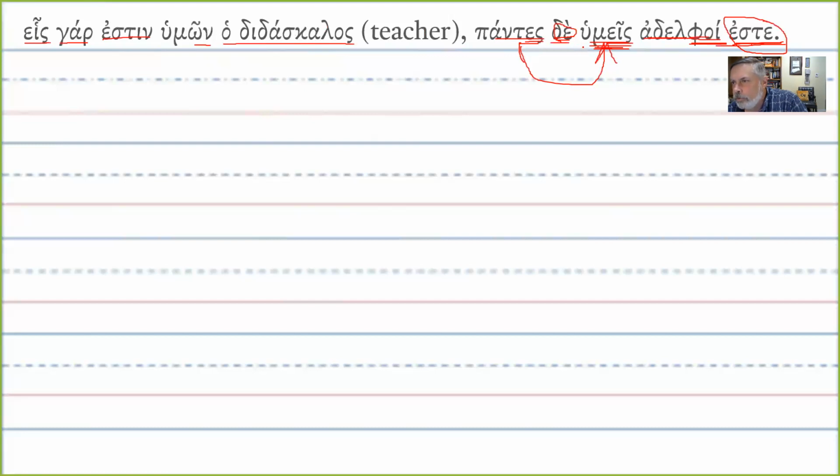It wouldn't be all of you because I'd be putting it in the genitive then. So you all, but you all are brothers. And I know that predominantly because pantes is closest to humeis. To modify anything else, I'd have to skip over that, and that would not be the norm. So pantes modifies humeis, and we have but you all